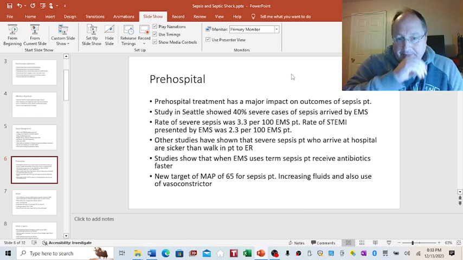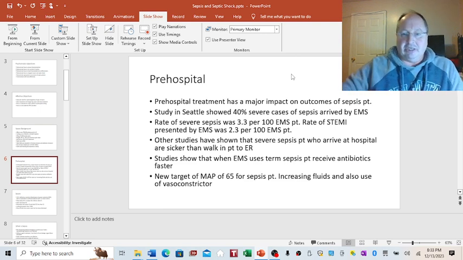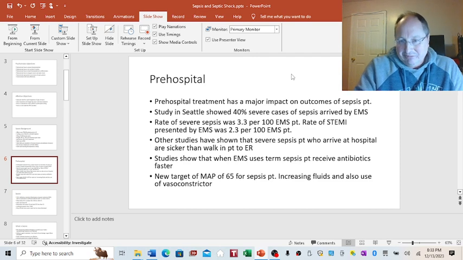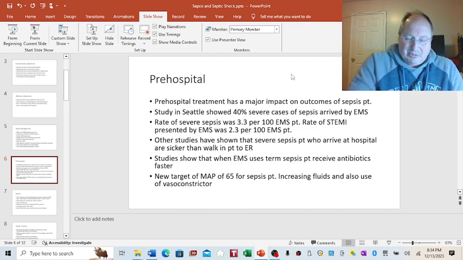Your pre-hospital care, this is constantly changing for these people. I've seen a study in Seattle that 40% of the severe cases of sepsis arrive by EMS. The rate of sepsis there was 3.3 per 100 patients. And I found it interesting, the rate of STEMI is 2.3, but yet we recognize in the hospital,